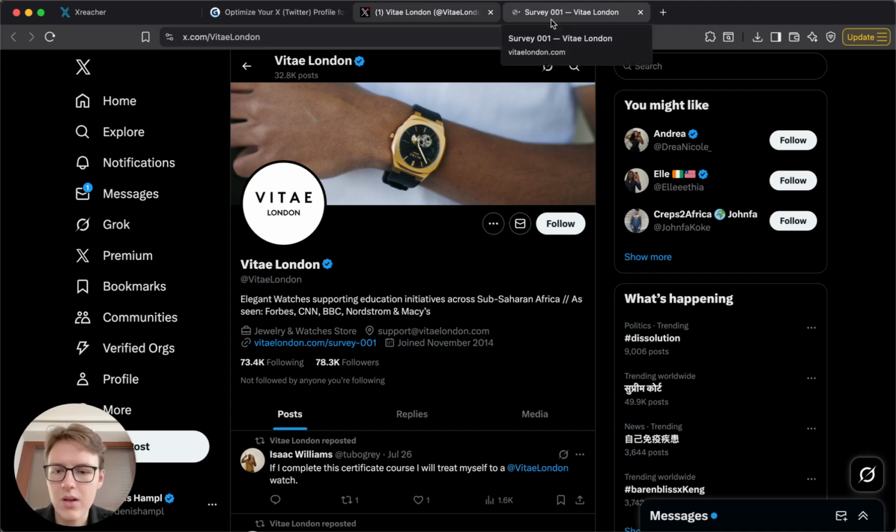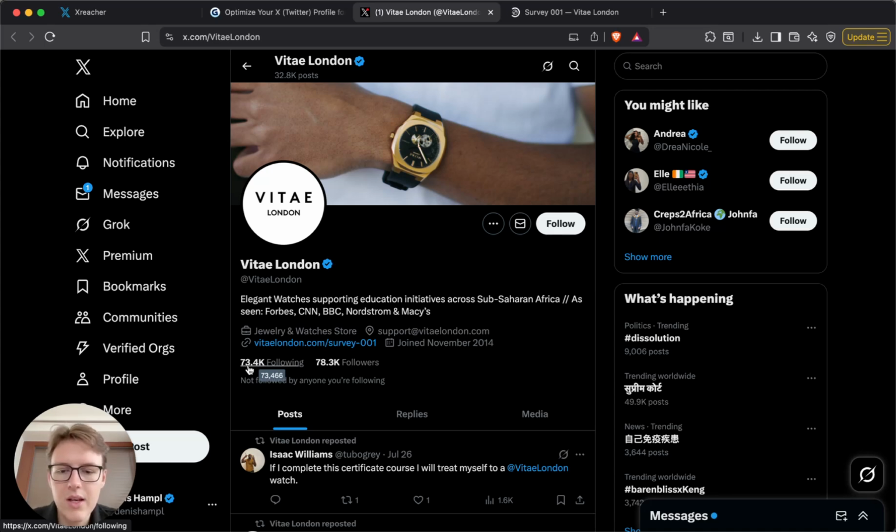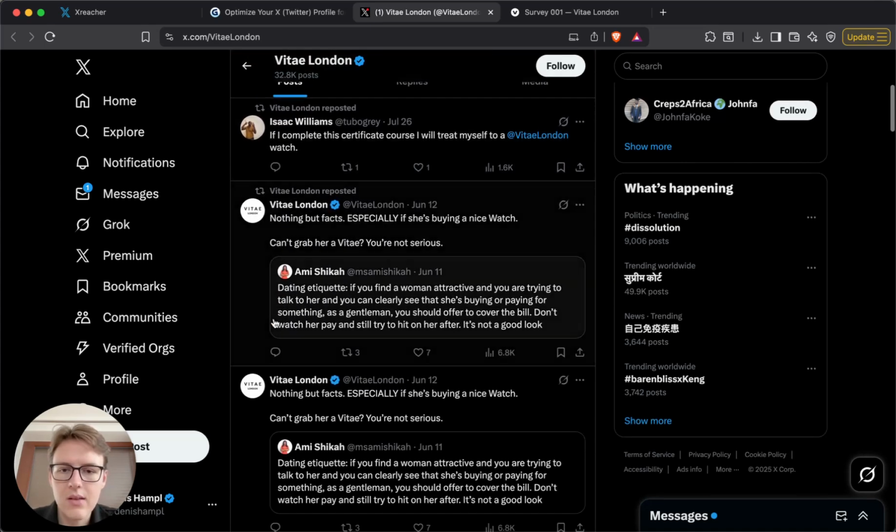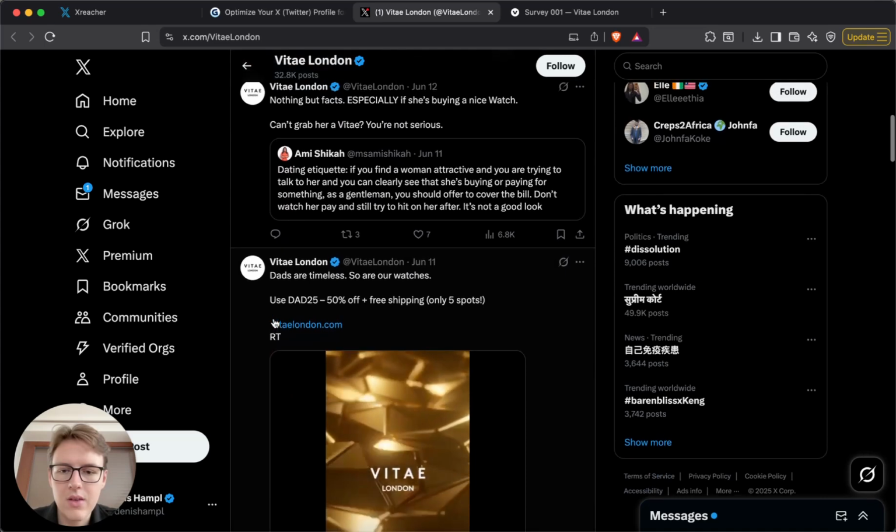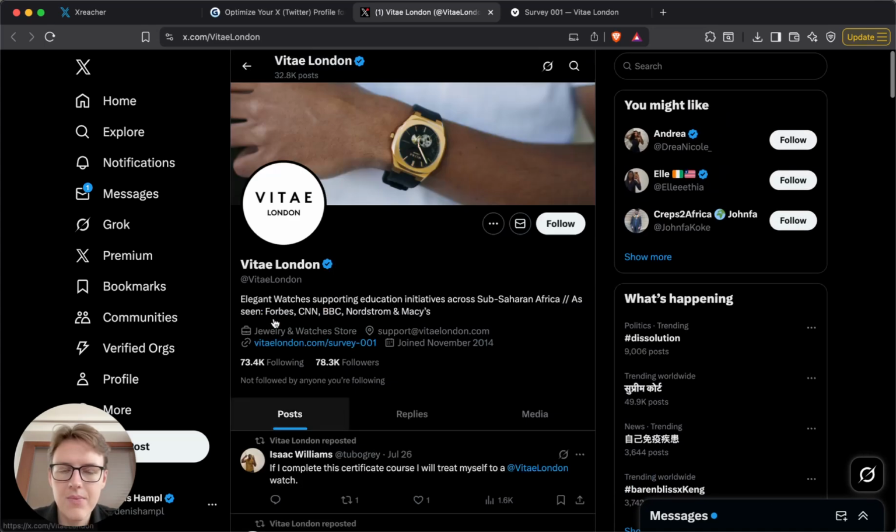Then in the tips, I'm going to outline everything that's important. You can see they have a bunch of followers, 80,000 followers. They also have a lot of following, so there probably was some type of strategy when they were farming the followers. But even then, it still gives them huge credibility just by having this amount of followers. So this is a very nice looking profile. And you can see the account is not even that active itself,